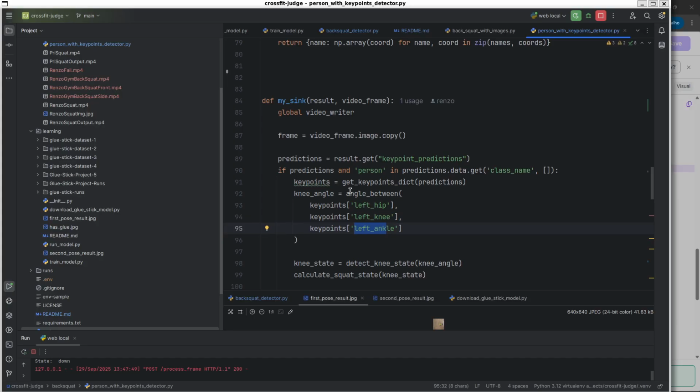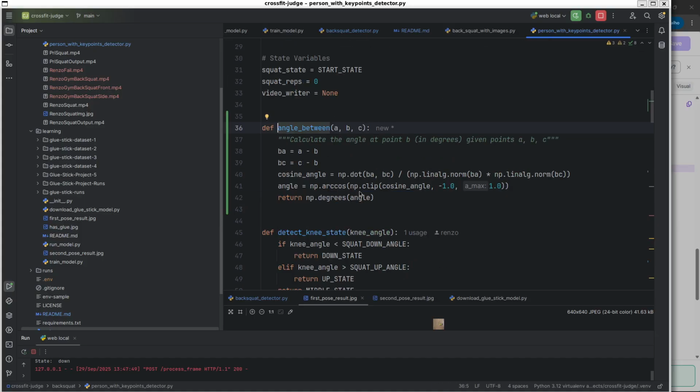And from these key points, I was able to, in fact, I was not able, but I asked ChatGPT to calculate the angle for me. I could do that myself, but well, why not do that using AI, right? When I'm using Roboflow, it's based on AI. Why not use ChatGPT to make the code also?